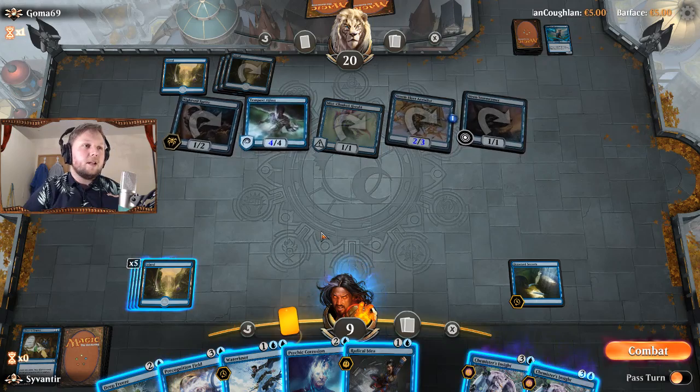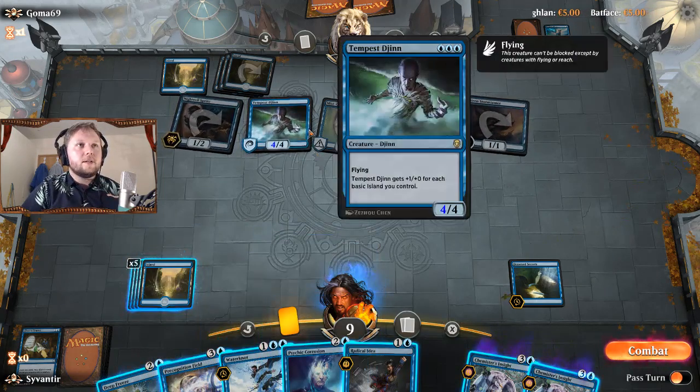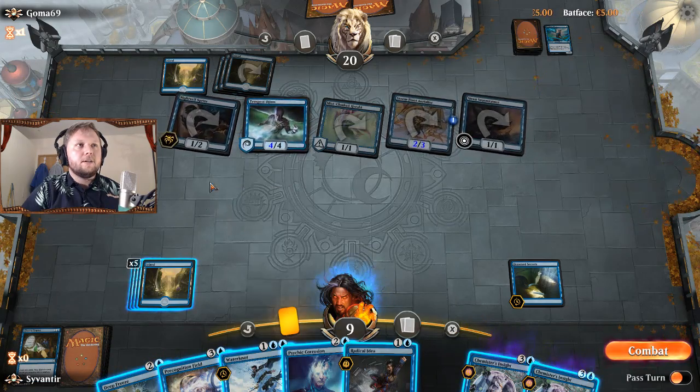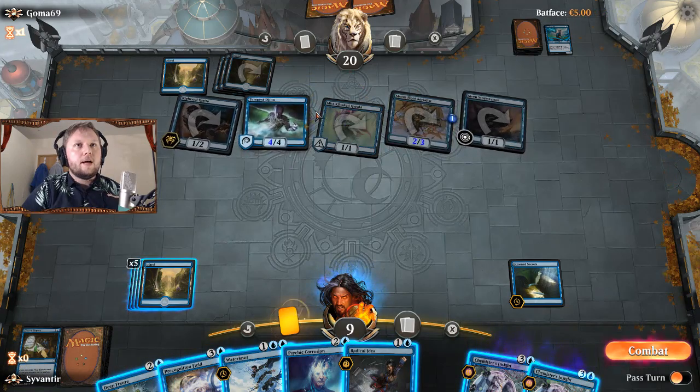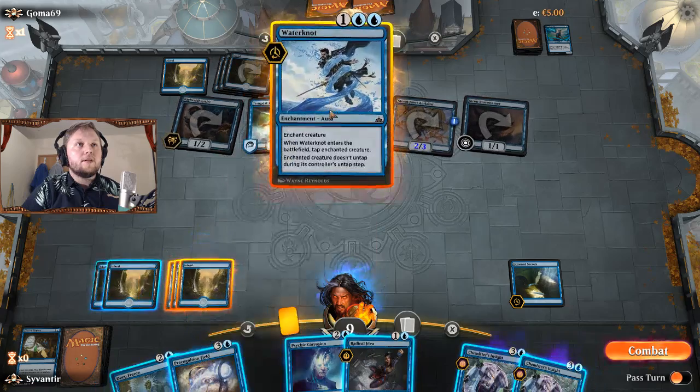I think they've kind of locked me out here a bit. Because if I use either one of these on the Jin, they're just going to stack the Storm Tamer to protect it. I can't cast another one this turn, and it's going to be 5, 6, 7, 8 damage. I'm probably better off doing it than not doing it, but...